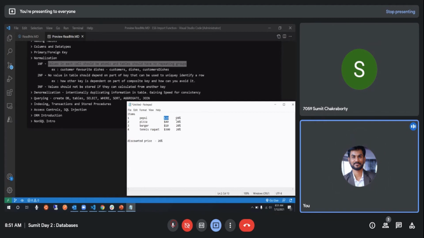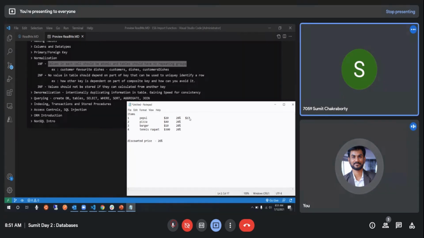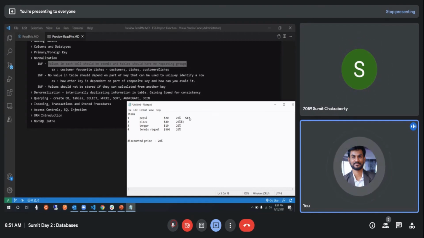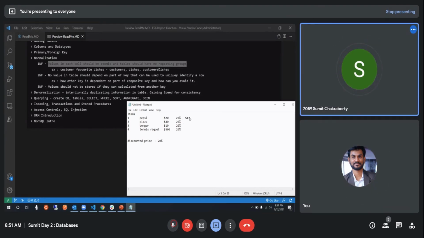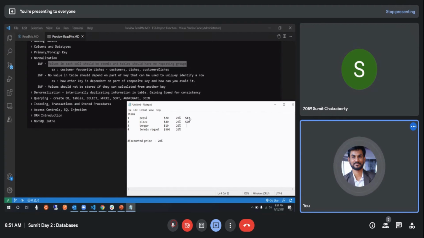Got it? Now, if you want to say that the discounted price for Pepsi is $17, whereas the discounted price for this one is 30. Say this is $20. Now this one says $12, because it's being ordered really high now, so you have surcharged it. And this one is going at 2.99 because for $1 you will give a chocolate or something. Now, do you see any relationship between the discounts given for the different orders? You don't, leaving this 20% aside.